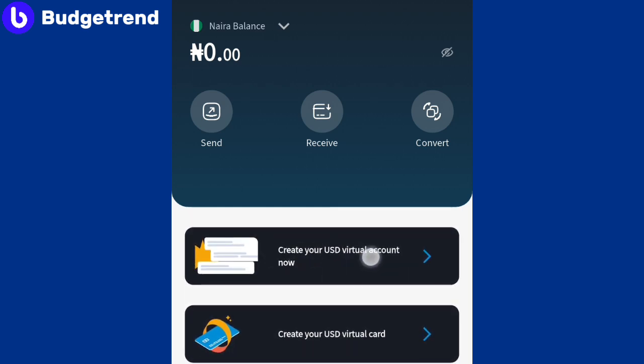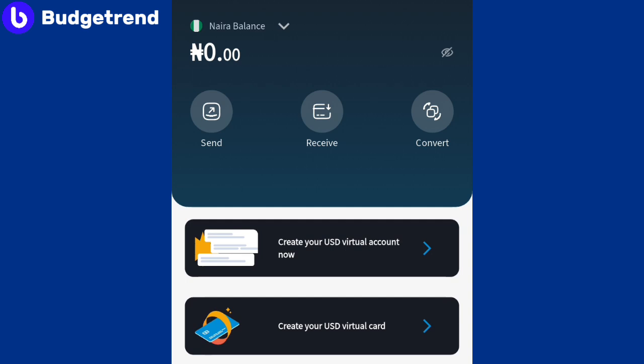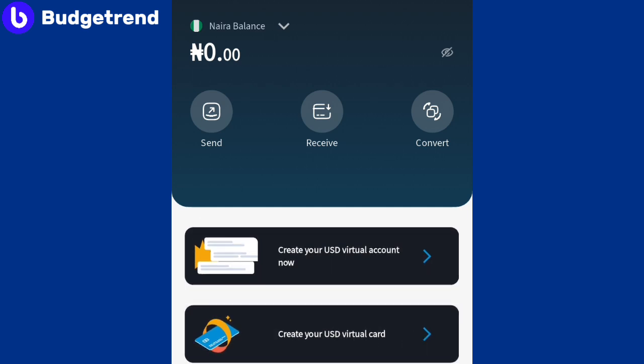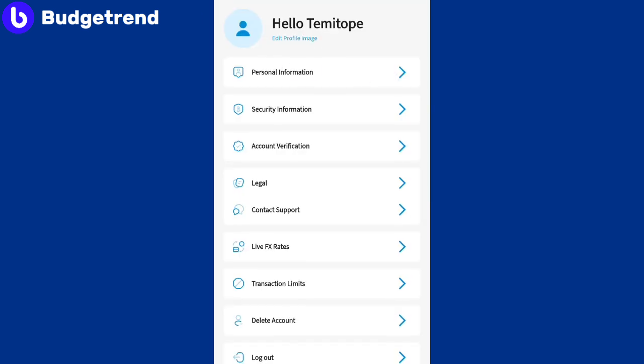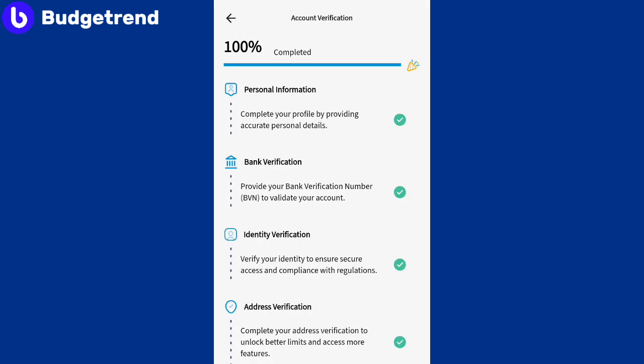So before we talk about creating a virtual USD account and creating a virtual USD card, let's talk about what you would need to verify your Gigbanc account. As for your personal information, you will need to provide your full name as it appears on your national ID card, your NIN, or on your voter's card, or if you want to use international passport. Now the second one is you will have to provide your bank verification statement, which is your account statement. The account statement will be used to verify this bank verification, and it will also be used to verify